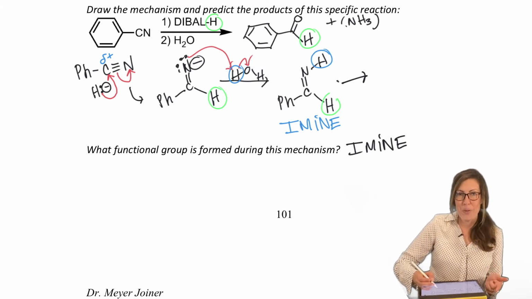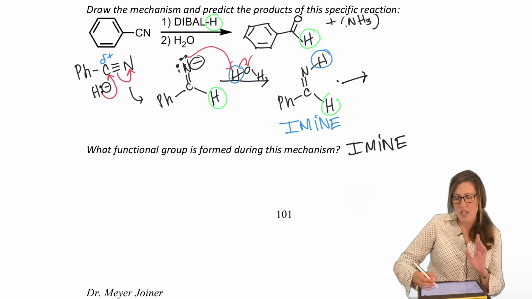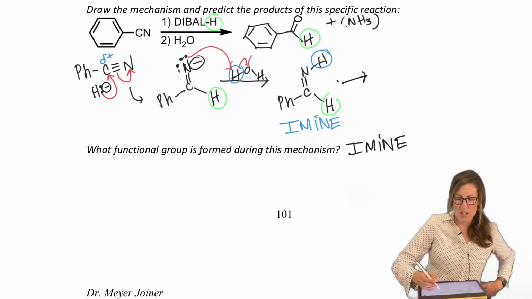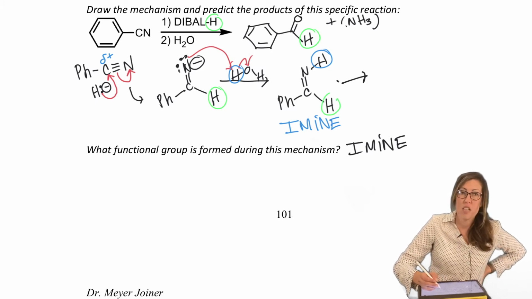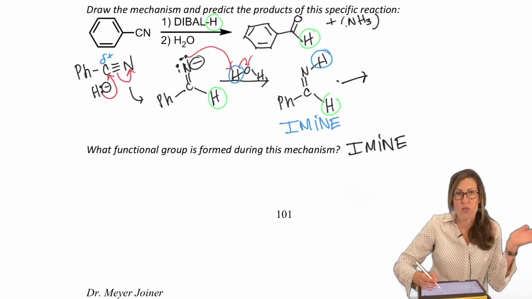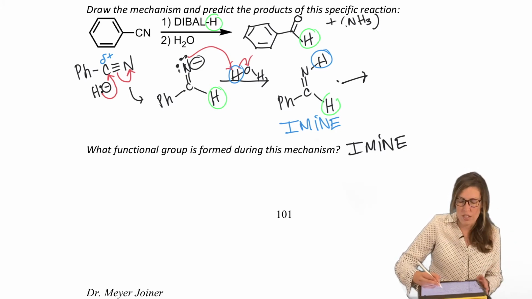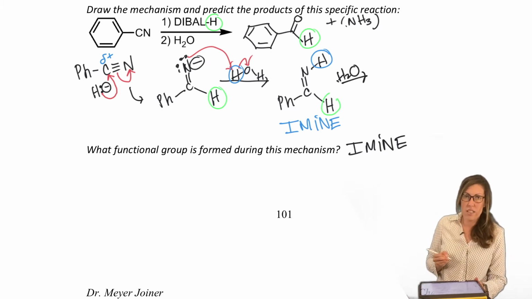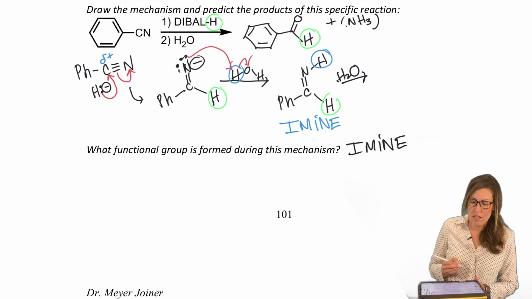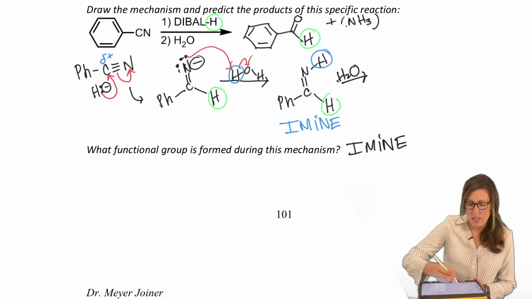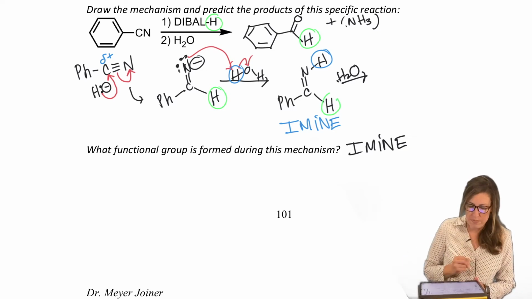So we all know and love the imine, but we usually hydrolyze with a little bit of acid, and we're still borderline basic conditions. You know, when you put that in there to quench, there's no additional acid necessarily added. You could actually do your old-fashioned imine hydrolysis mechanism. There is a way to show it just with water. It doesn't necessarily require acid, they'll hydrolyze with water as well. The acid helps a lot though. But since it's not listed there, I want to show you what that would look like with water.